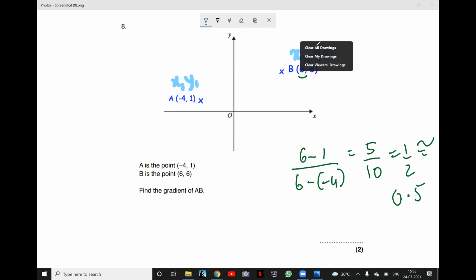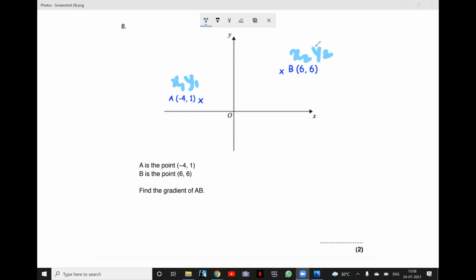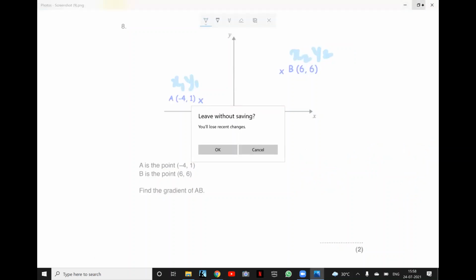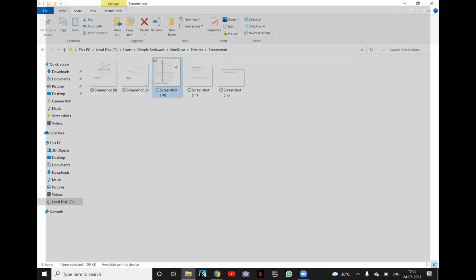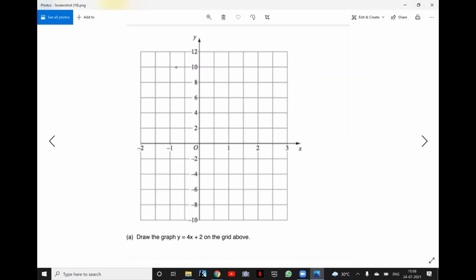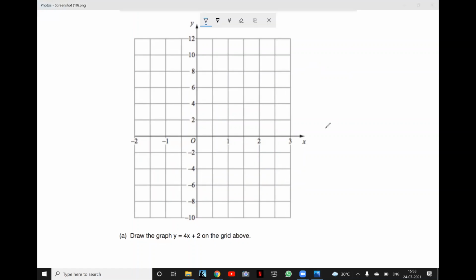Next, let us go to another question, which is also an interesting one. We will be focusing on that and you will all be more comfortable. So let's do this one. Here in this, I have to draw the graph. I don't have any coordinates out here. I have to draw the graph. It is always better to assume values like this.